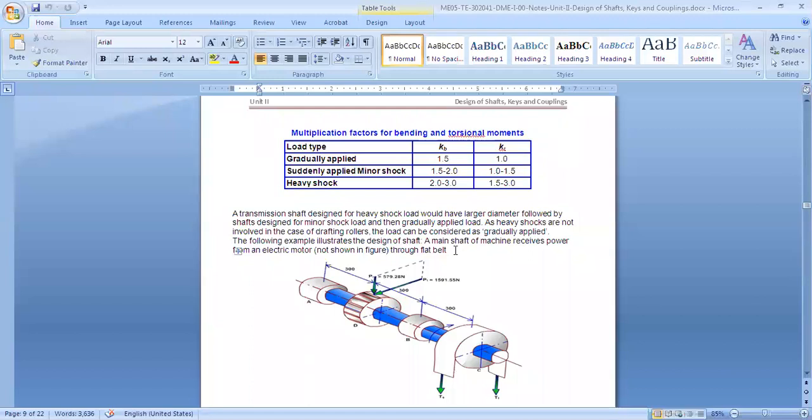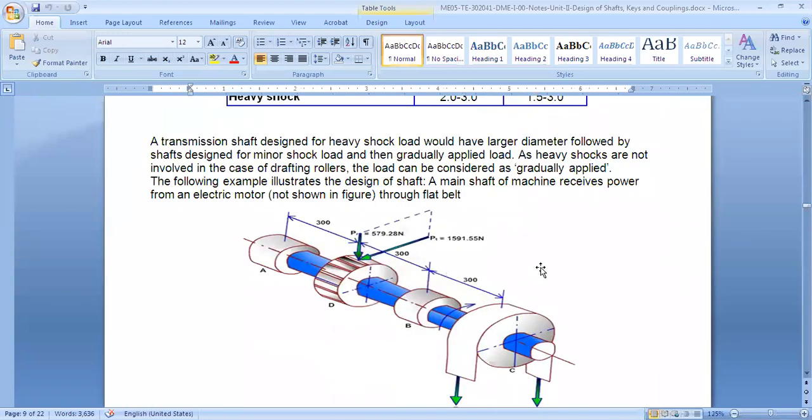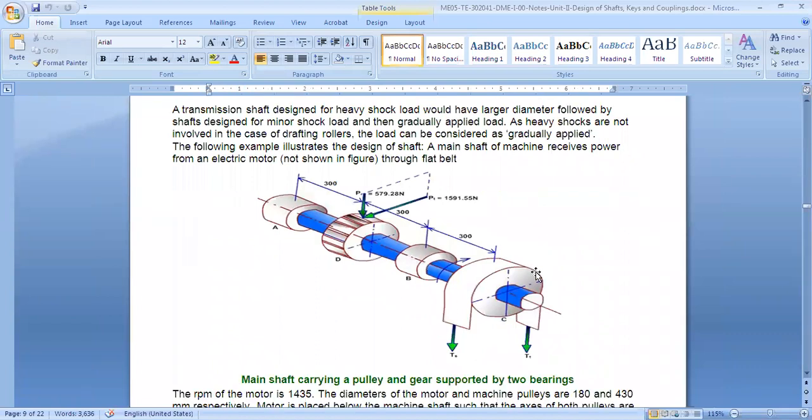What we did till now is that in the first few lectures we went through the basic design of the shaft. Now we are slowly advancing. Today we have gone through ASME design of the shaft, and there again the procedure will remain the same. We have introduced a few factors. So when we take a numerical, we will again revise our basic procedure, and also introduce these new factors. Anybody has any doubts, ask me. I will take an example of today's ASME code. You can put it in the chat.